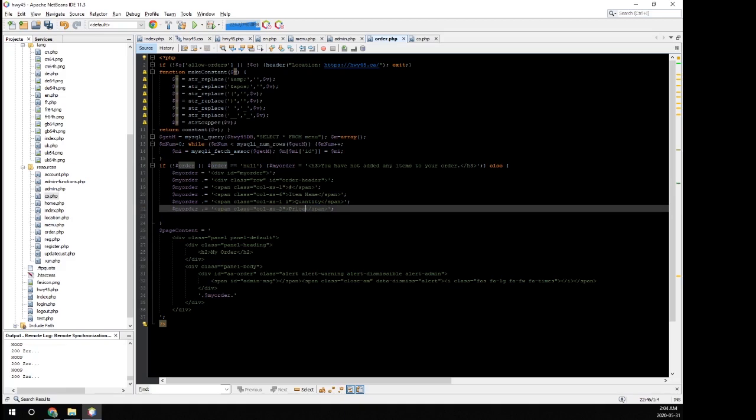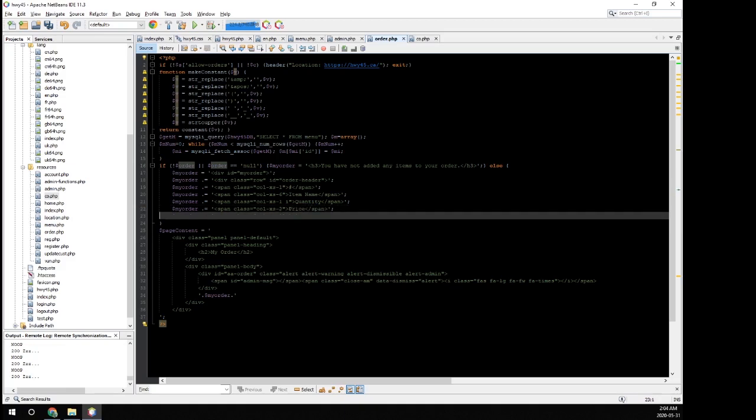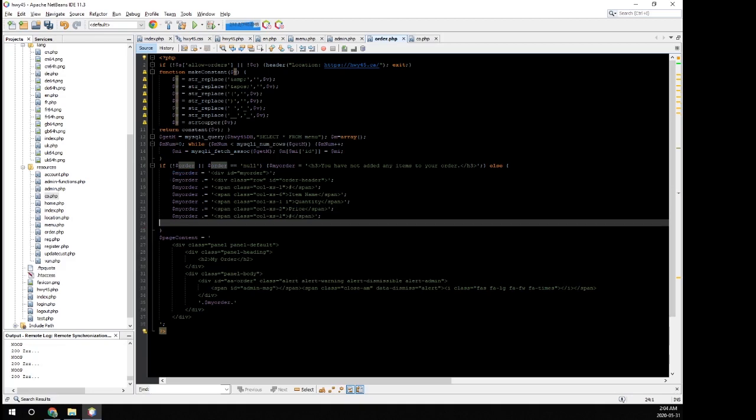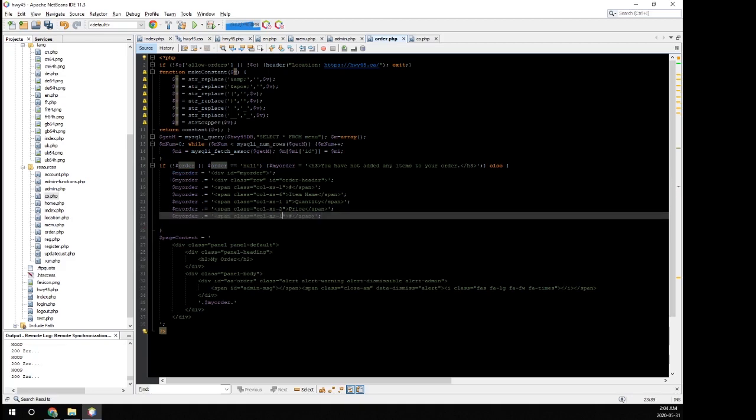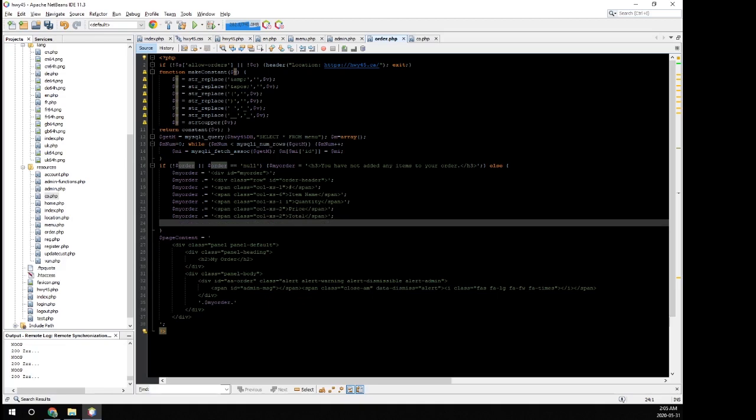Actually, yeah, I'm just going to get rid of that altogether. And after price, this one is also going to be 2, and this is going to say total. Then my order dot equal to